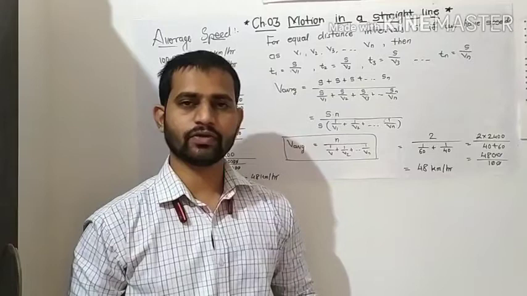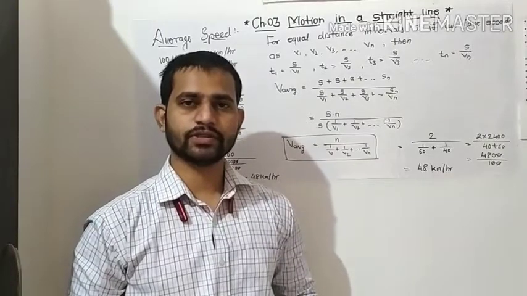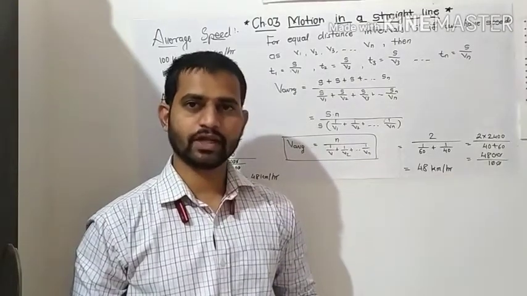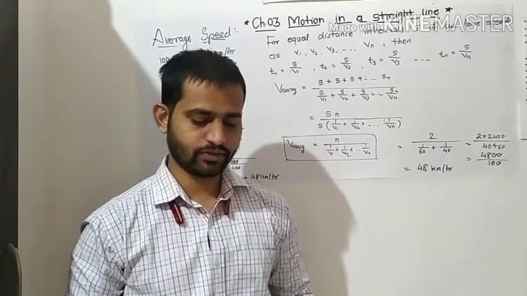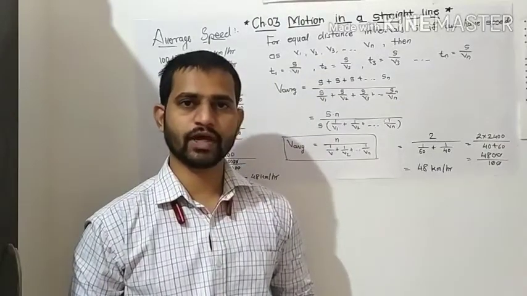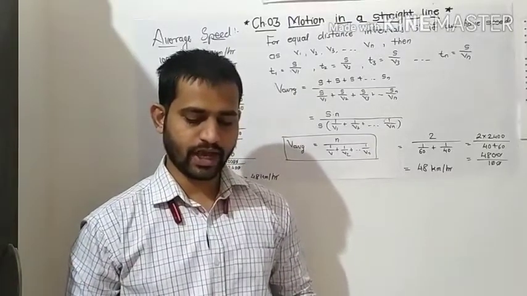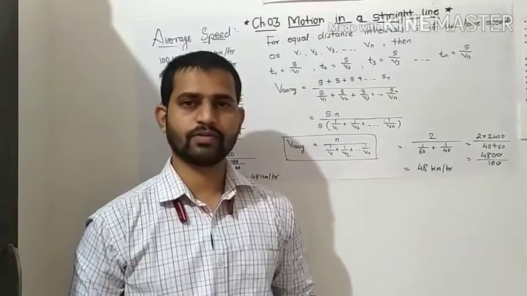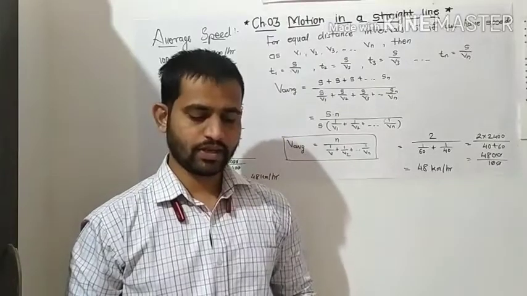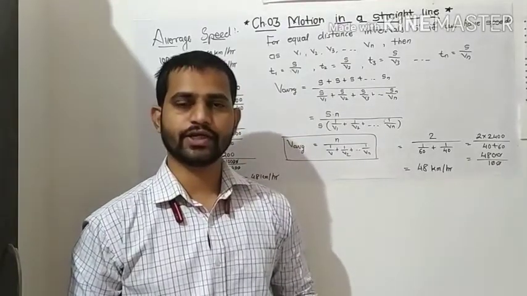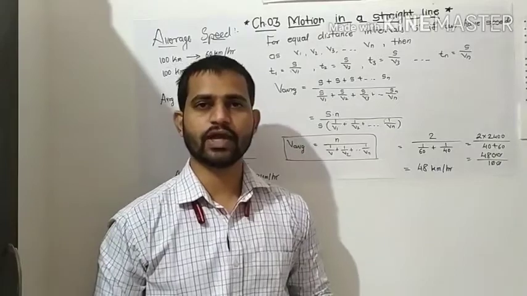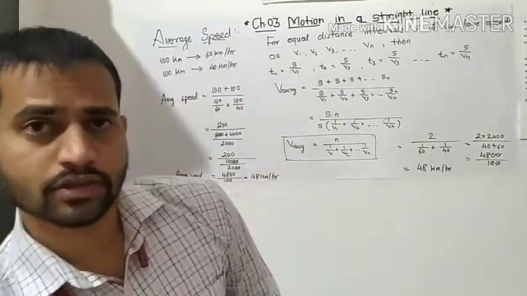Okay, out of the total time, for the first half time of the remaining distance it is traveling with 2 meter per second, and for the remaining half time it is traveling with 6 meter per second. What is the mean velocity averaged over the whole time of the motion? Okay, we have to calculate here the average velocity. So let us see how to calculate the average velocity in such a combined